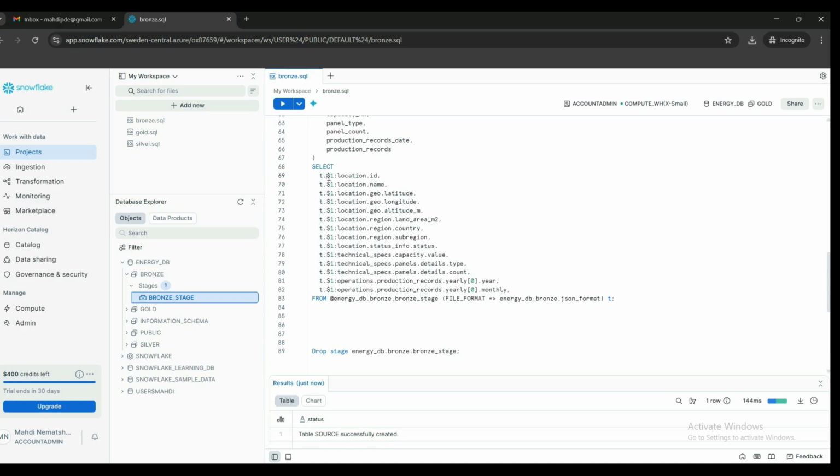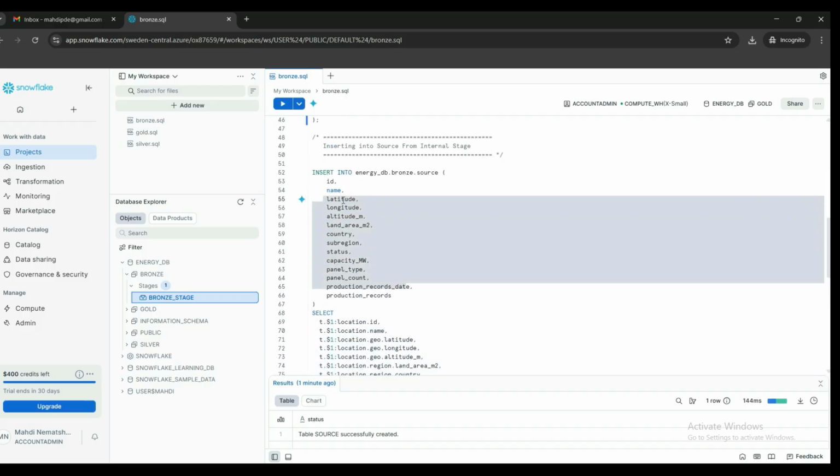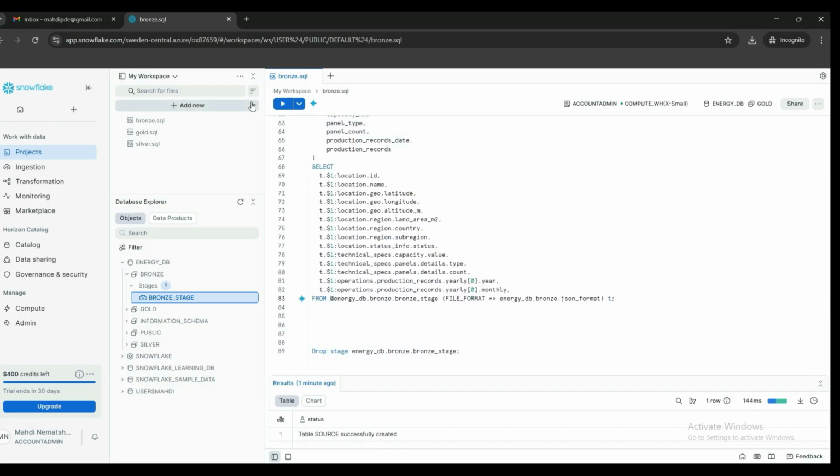You can access all of the key values with the $1, and you can access them like this: location.name, location.geo.latitude, location.geo.longitude, and so on. And we can store this JSON directly into this table. If you run it,